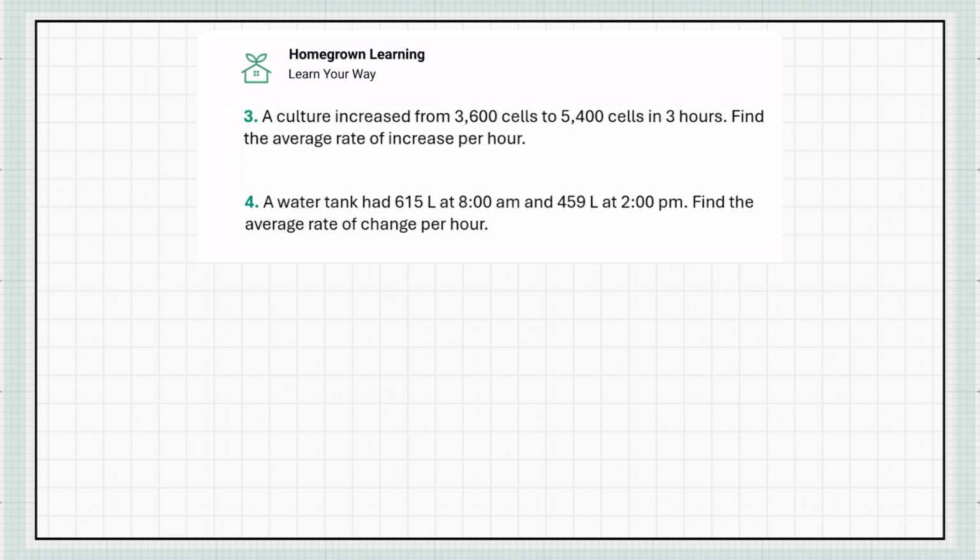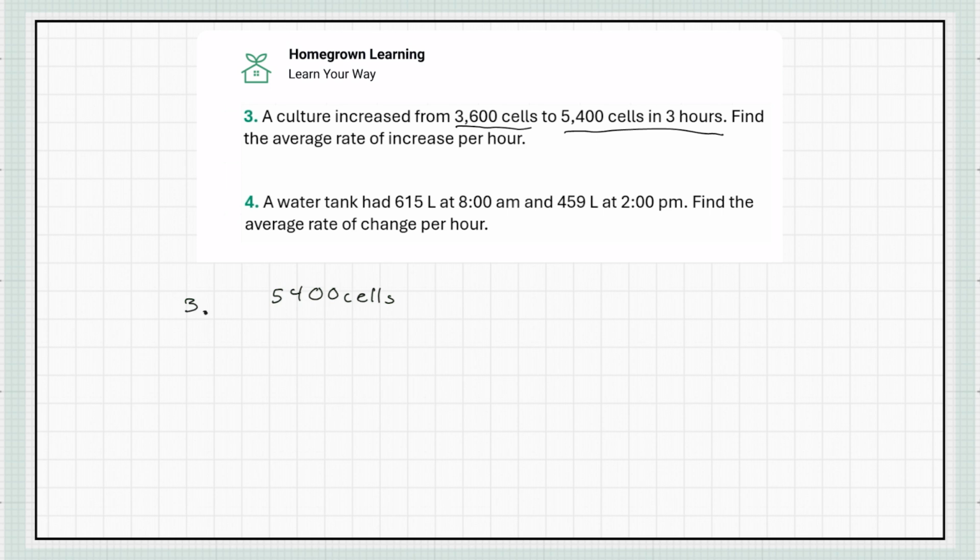So let's get started with our first one, which is question 3. For question 3, we're looking at a culture of 3,600 cells that increased to 5,400 cells in 3 hours. In order to find the average rate, all we have to do is find the total change over the total change in another quantity. So we have here 5,400 cells,